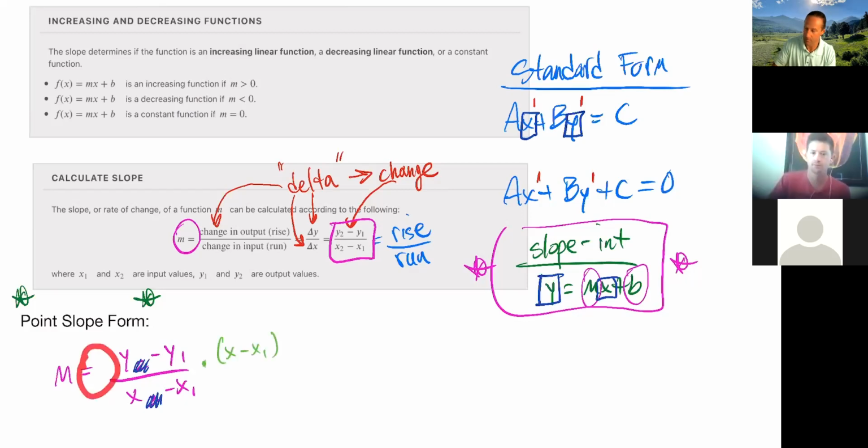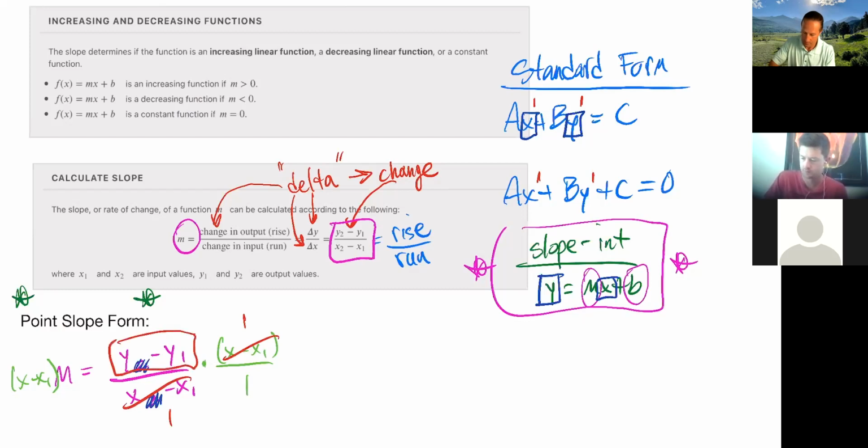Now, again, to keep my equation equal, I'm going to have to do it to both sides, though. So I'm going to multiply both sides by that x minus x1. Remember, I just got rid of the 2 because we don't want 2 points. We just want 1 point in the slope. And by doing that, I now have my x minus x1 cancel with the other one. I know anything divided by itself is 1. So what's left is a y minus y1 on one side equals on the other an m times the x